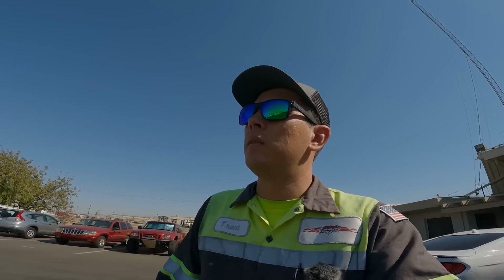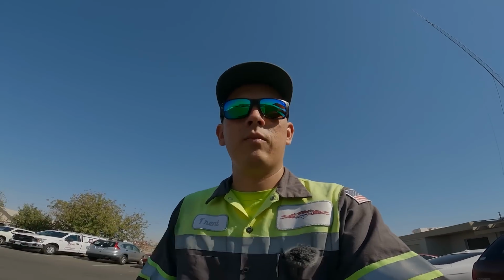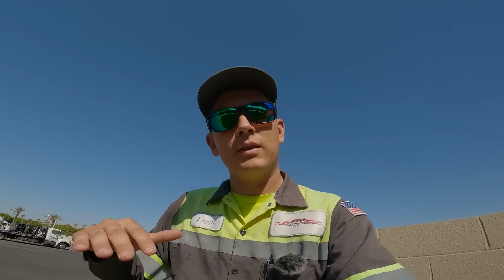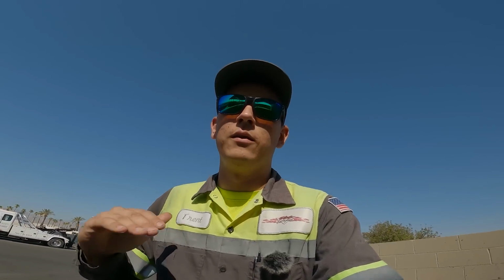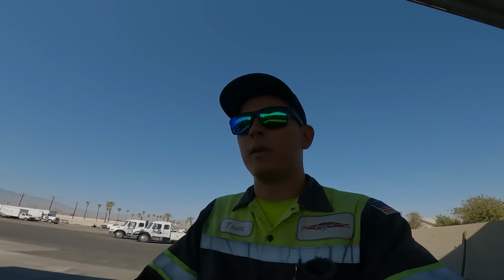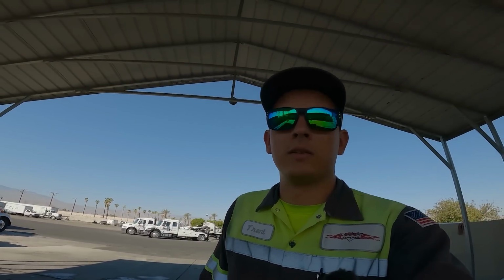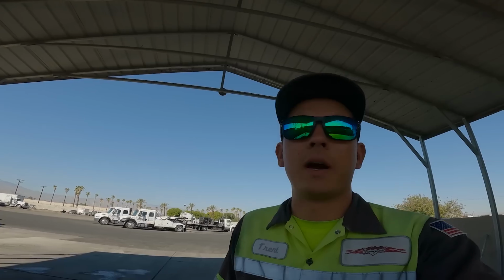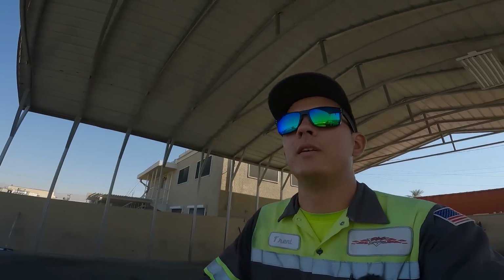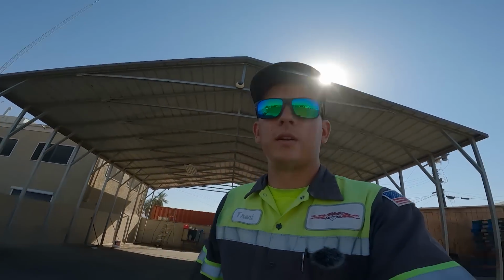So the problem is that I have a truck schedule. I write a schedule every week of truck assignments, where trucks need to be, and I specifically scheduled truck number 5 to be here during this time. What do the guys do? One of the guys hops in the truck and just takes off with it. So he's gonna have to, I guess, take his time on my Mustang because that truck is on its way to Palm Springs, so it'll be probably back in an hour. Shouldn't be an issue, but just the thought and the concept that I plan to have the truck here and it's not. All right, let me pull the Mustang up